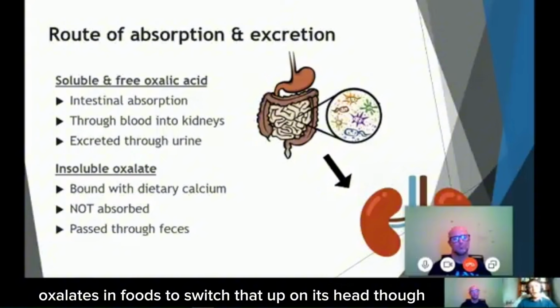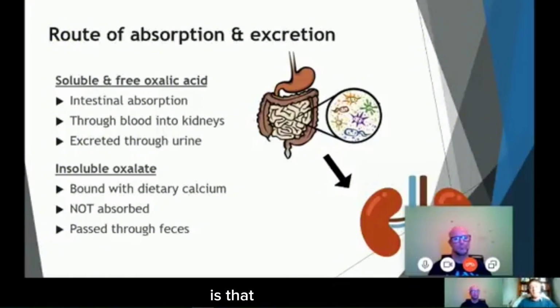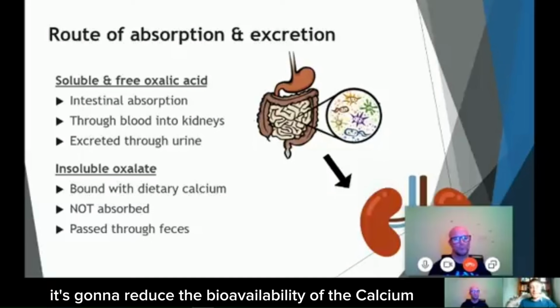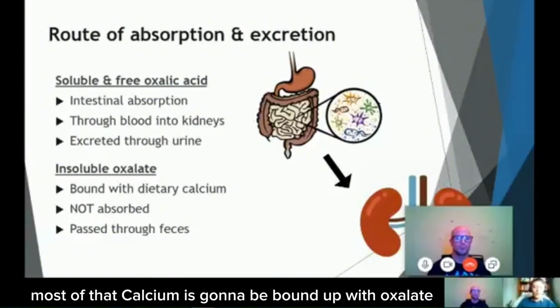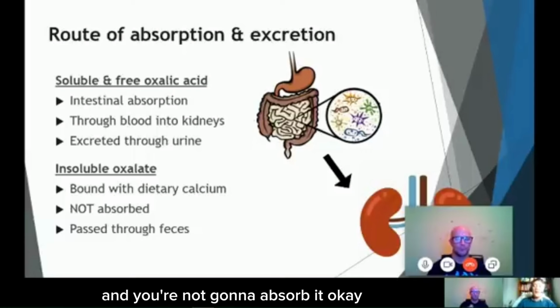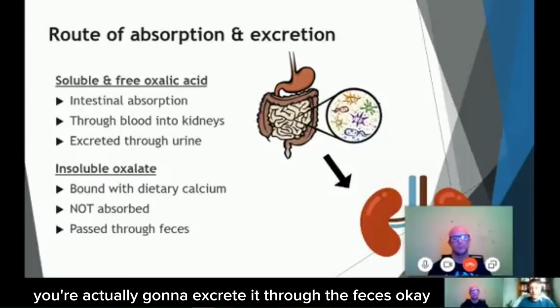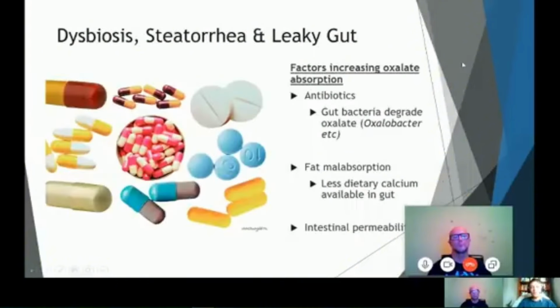To switch that on its head, though, it's going to reduce the bioavailability of the calcium as well. So, for instance, if someone tells you that spinach is really high in calcium, you can almost guarantee that most of that calcium is going to be bound up with oxalate, and you're not going to absorb it, okay? Because it's insoluble, it cannot get through the intestine and into the bloodstream. So you're not going to absorb that. You're actually going to excrete it through the feces, okay? So